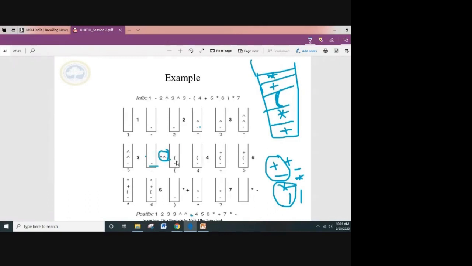Then open parenthesis, then 4 comes, 4 is placed outside. Plus comes, plus is above the parenthesis, so you need not compare plus with minus. Then 5 comes, 5 is placed outside. Then a star comes, star and plus: plus has a lower priority, so star is placed above the plus. Then a 6 comes, 6 is placed here. Then again a closing parenthesis is coming, so you have to